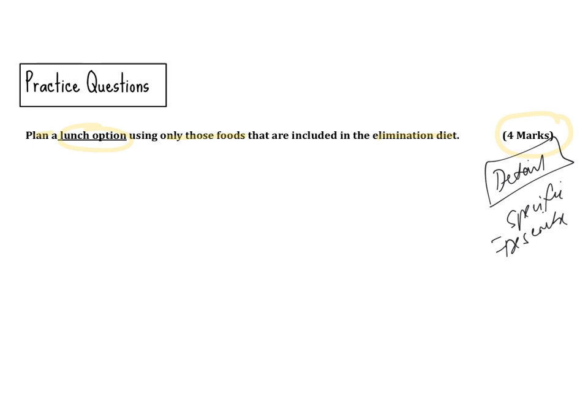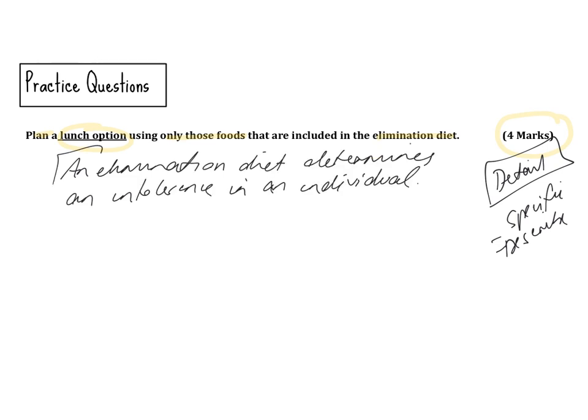So the way that I would actually start this question is I would just write a quick overview of an elimination diet, and I would say that an elimination diet determines an intolerance in an individual. And then I would go on to actually just have dot points of the foods that could be included as a lunch option. Now you only need to describe a lunch option, so 1. So you would have, for example, the food, the side, and the drink that could be included. So because there are very specific foods that can be included on an elimination diet, your response would need to reflect these foods. So I would have a lamb salad,